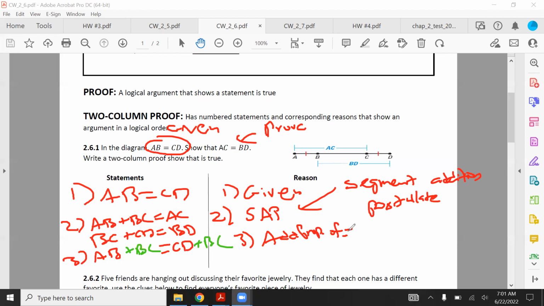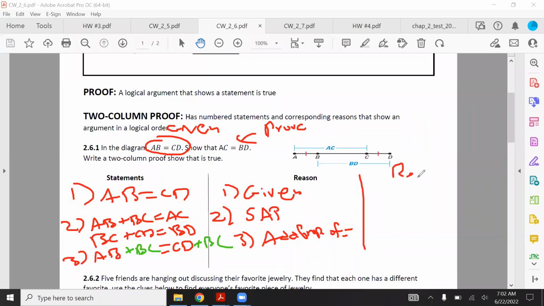So sometimes they also like to say what these refer to. So obviously I had to use step 1. I won't make you guys do this, but I've seen some geometry teachers ask what did they refer to? So for the second step, refer to the diagram. For the third step, refer to step 1. So then lastly, for statement 4,